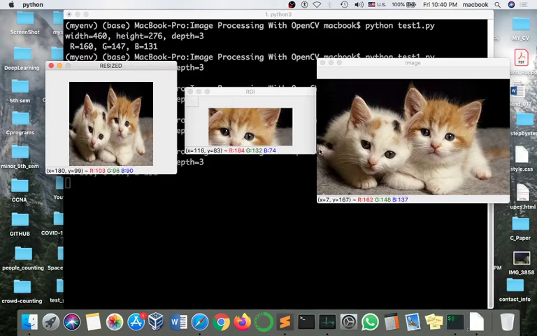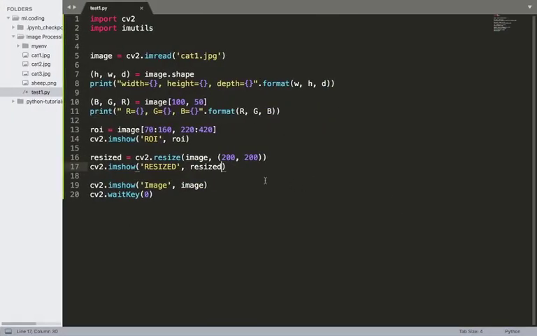So simply we can resize any image. You can change the 200 height and width to whatever you want, and you can simply resize your images. After that, we can also cover the aspect ratio in this tutorial series.